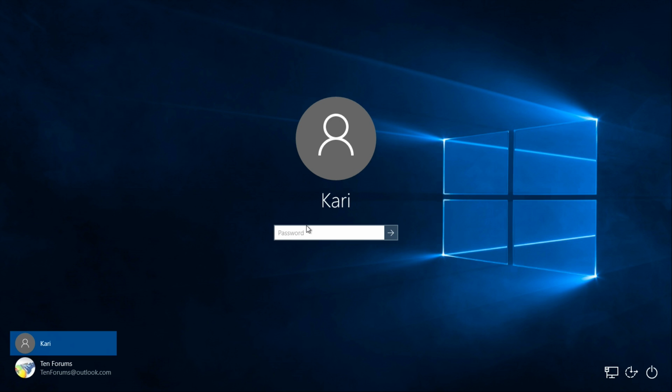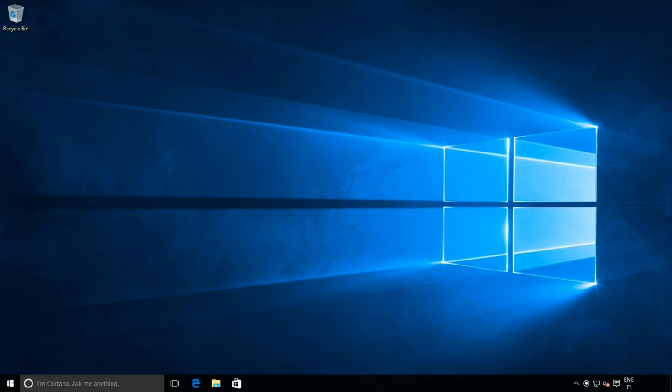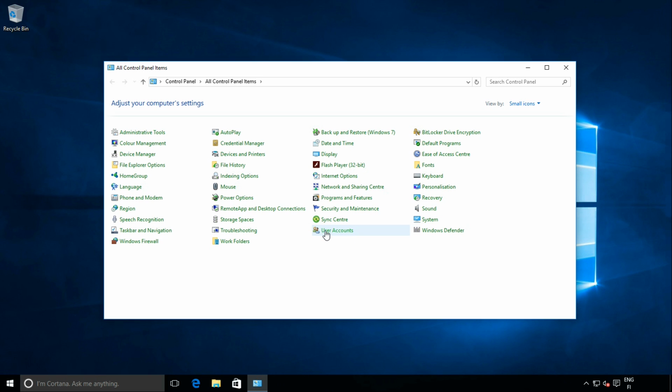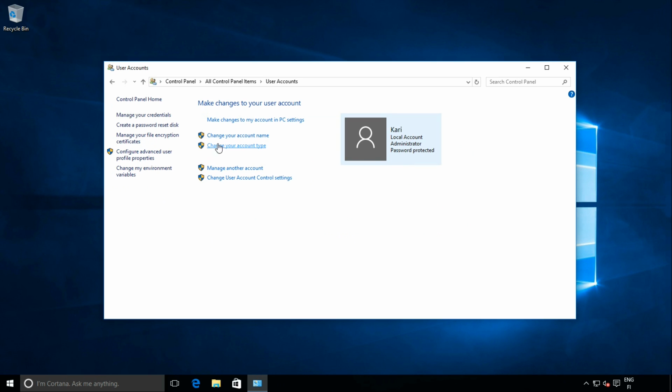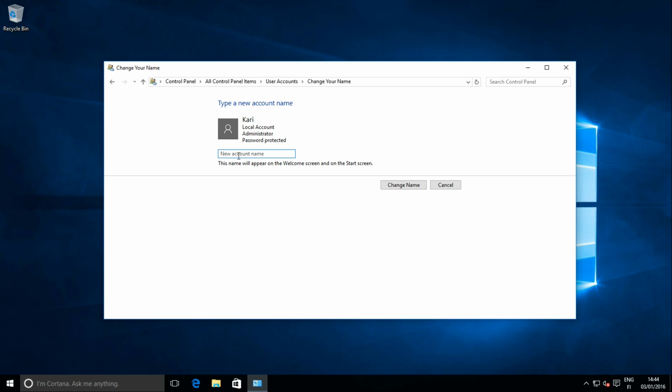To demonstrate the difference between the username and the user profile name, let's see what happens if I change my username Kari on this networked computer to something else, in this example to Larry Laffer.